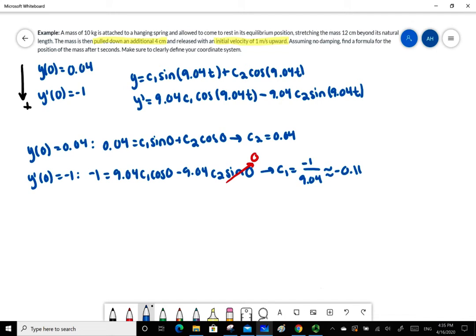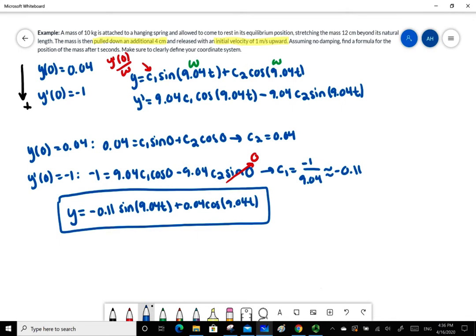If you're looking for a shortcut here, if you call the coefficient on t inside the sine and cosine functions omega, then the coefficient on the sine term is always y prime of 0 over omega for a free undamped system. So our position formula is y equals -0.11 sine of 9.04t plus 0.04 cosine of